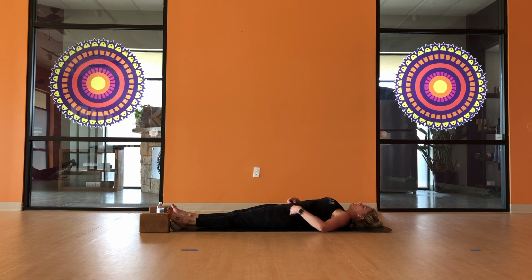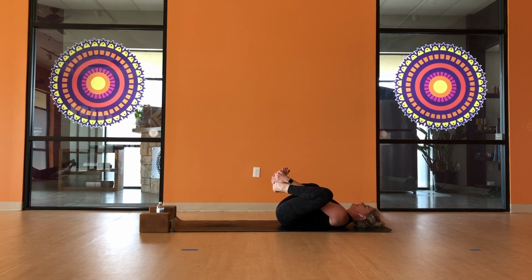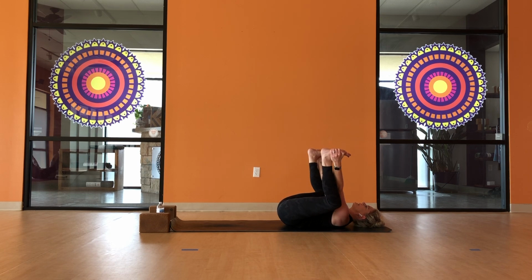Let's find a little happy baby, a non-dandasana, bringing the arms on the inside of the thighs, grabbing the outside of the feet. Set the low back down to the mat, engage the belly, and then lift the feet to the sky. Draw the knees close to the earth, maybe giving it a rock side to side if you want. Maybe a little last minute stretch through the legs. And then letting it go